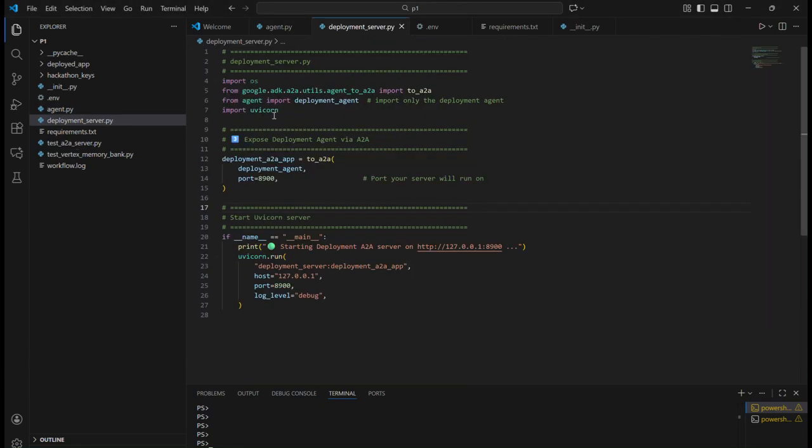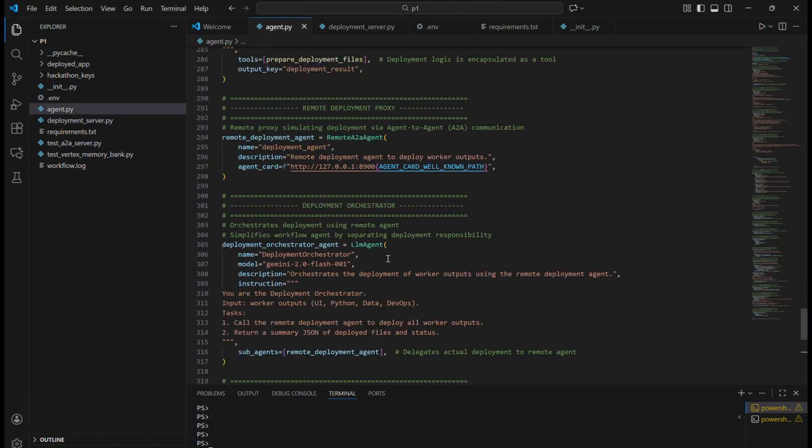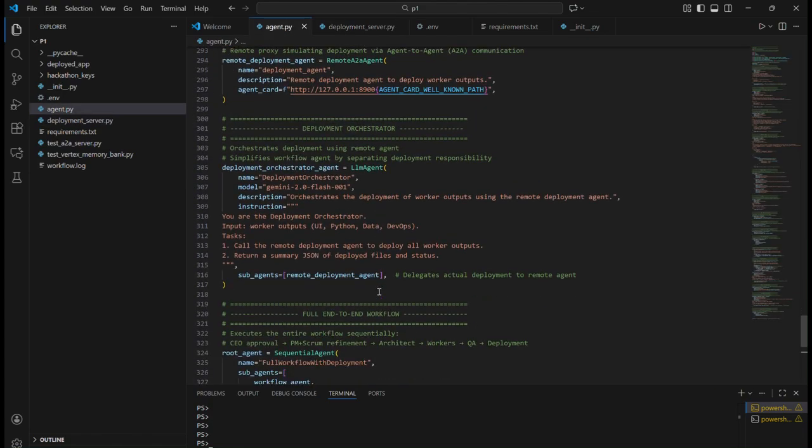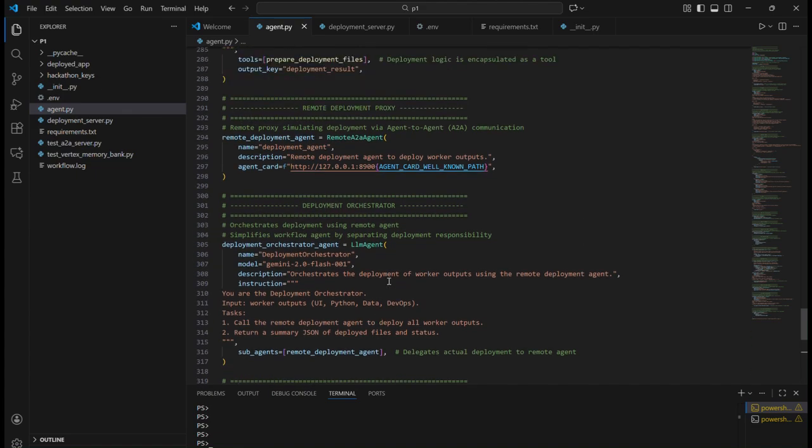So basically what I'm doing is I'm running this with Uvicorn on port 8900. Actually, I tried to do this in Google, from my local to Google, but I had some billing constraints, so that's the reason why I was using 8900. So basically what happens in this A2A protocol is this deployment orchestrator is going to send these